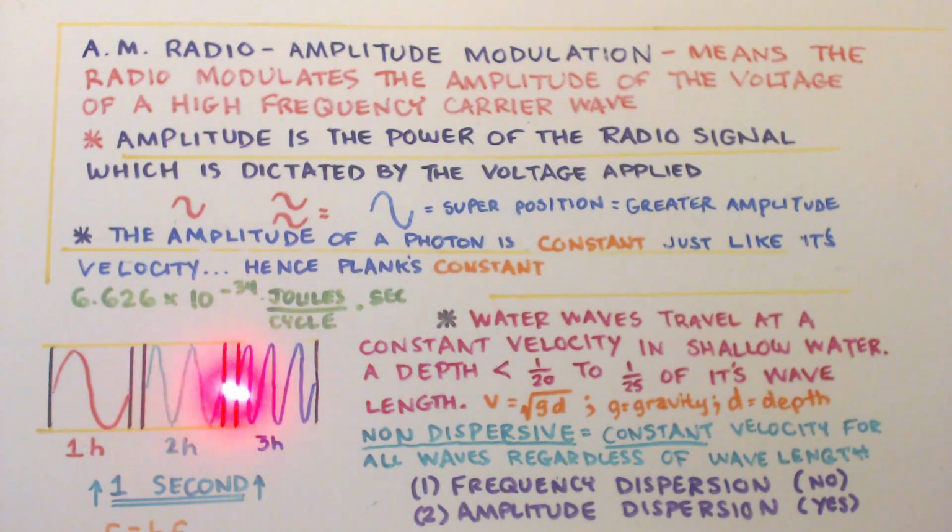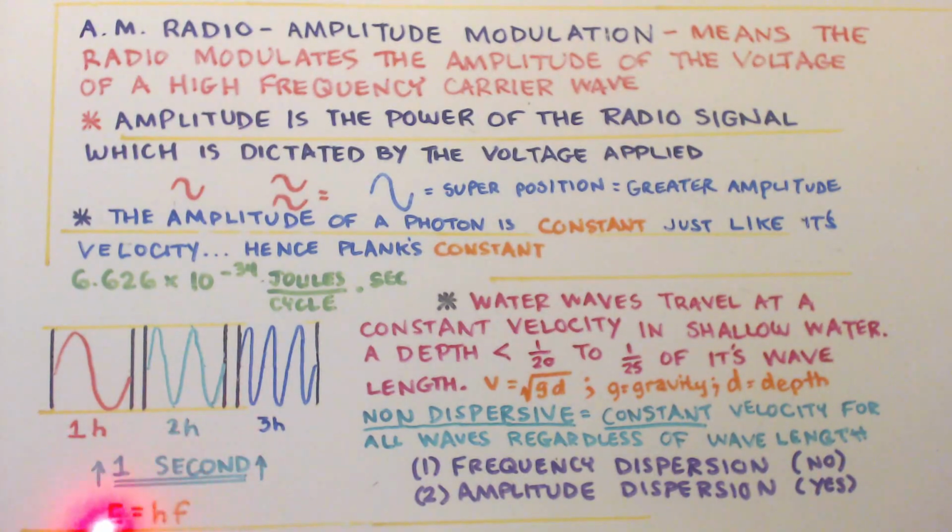Now, if you believe that the photon can change its amplitude, then what is this formula down here? E equals hf. The reason why this works is because h is constant, which means the amplitude is constant. You can only change the energy by changing the frequency on a photon. Water waves, okay, they travel at a constant